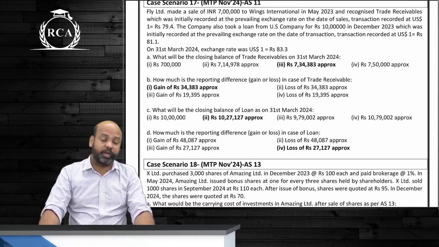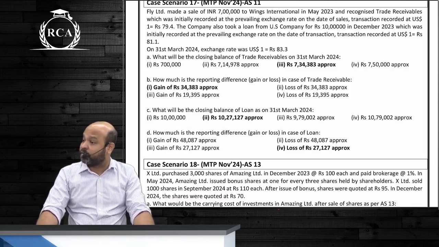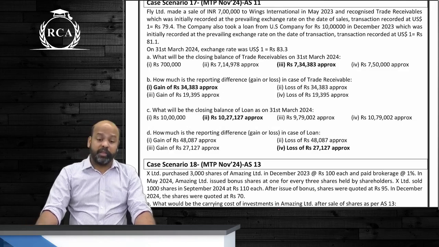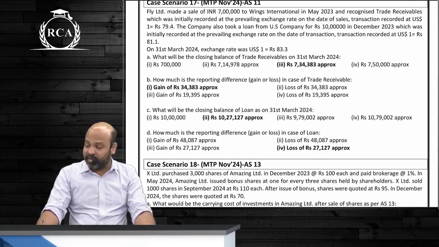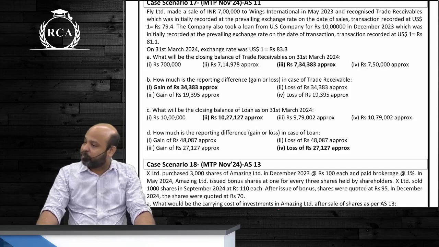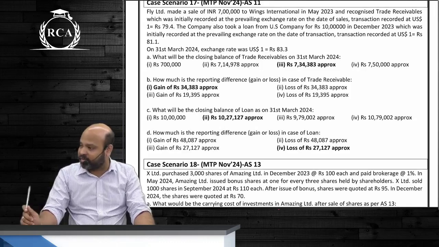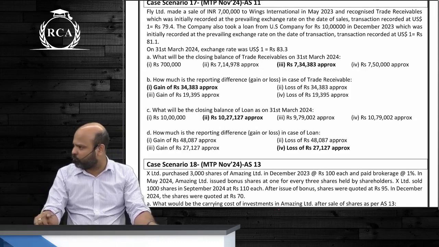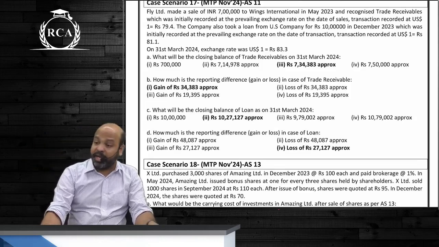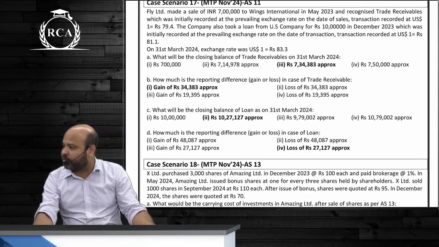Exception to this is para 46A. In case you have long-term foreign currency monetary items, the exchange differences on them, beta, can either be added to the cost of the asset in case they are related to a depreciable asset, or they can be accumulated in FCMITDA, foreign currency monetary item translation difference account. That's the exception to that rule. Otherwise all the foreign exchange differences are transferred to P&L account. FCTR, beta, comes for non-integral foreign operations.